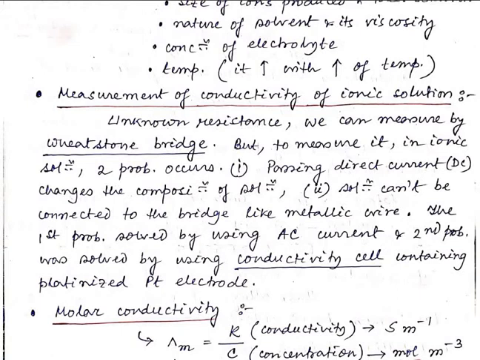क्योंकि सोल्यूशन में हम लोग ऐसे यूज़ नहीं कर सकते कि उसमें कोई मेटेलिक वेयर ऐड कर दिए, उसके अंदर डिप कर दिए तो हम उसका रेजिस्टेंस मेज़र कर सकते हैं। ये सॉलिड के लिए संभव है, सोल्यूशन के लिए संभव नहीं है। तो अगर मैं कोई आयनिक सोल्यूशन का रेजिस्टेंस निकालना चाहता हूँ तो इसमें मेन ये 2 प्रॉब्लम हैं। क्योंकि रेजिस्टेंस निकल गया तो उससे मैं कंडक्टेंस निकाल सकता हूँ, और अगर पर्टिकुलर l और A का वैल्यू मुझे पता है तो मैं कंडक्टिविटी भी निकाल सकता हूँ। बट Wheatstone ब्रिज मैं इसमें यूज़ नहीं कर सकता हूँ मेनली ये 2 प्रॉब्लम के लिए।